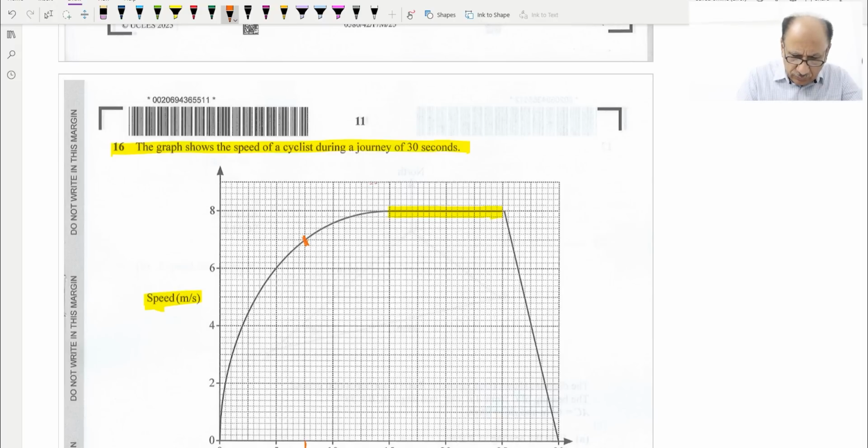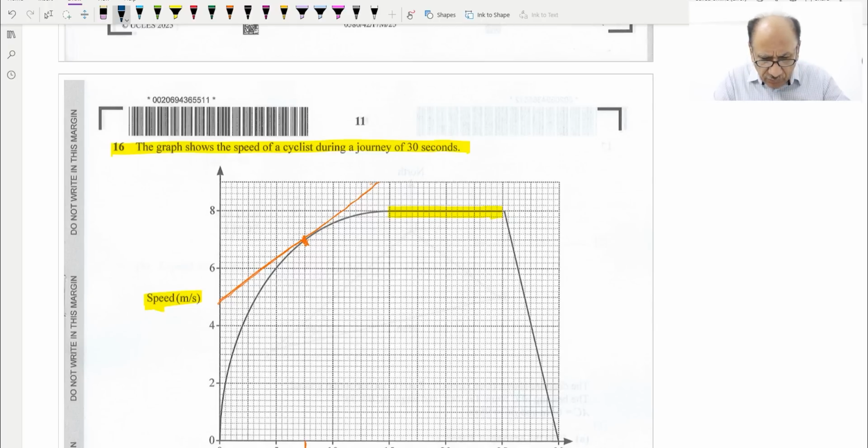So like this one is touching. I'm just making a little thicker line so that you can understand. So it's this tangent line, and then we can find the gradient. Gradient will be rise over run. So if I roughly draw